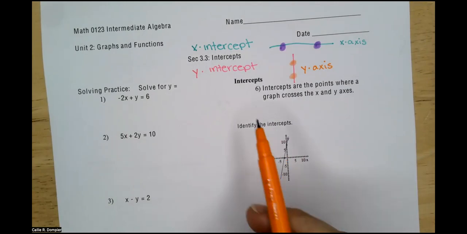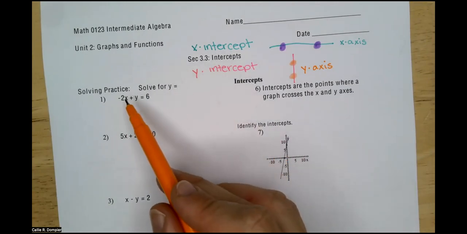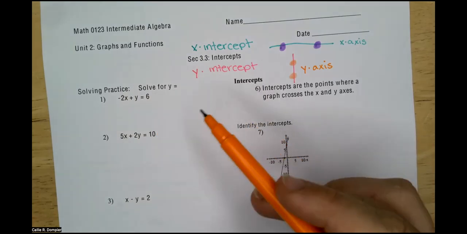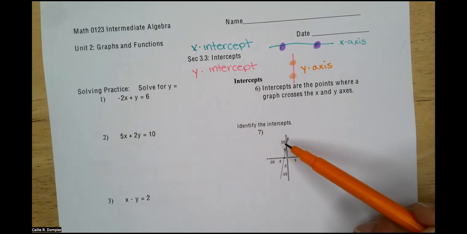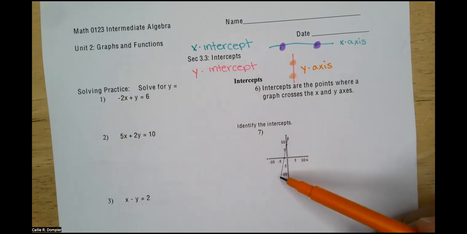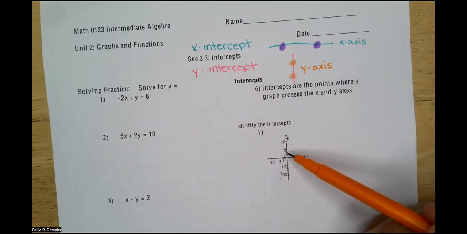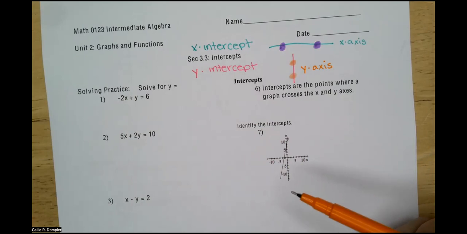is a line, for linear equations. So as long as the x isn't squared, there's nothing fancy happening with the x or the y. We are looking at an equation, something that becomes a line if you put it into a graphing calculator. So on the line, it will cross either the x-axis or the y-axis. That point where it crosses is going to be called the x-intercept or the y-intercept, and together they will be